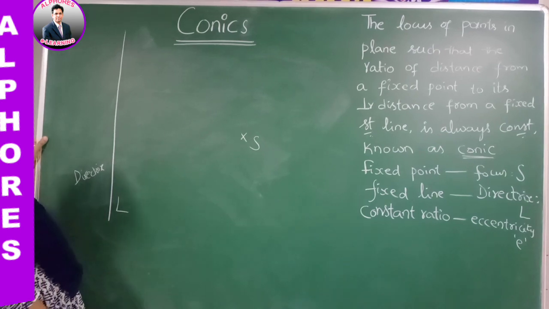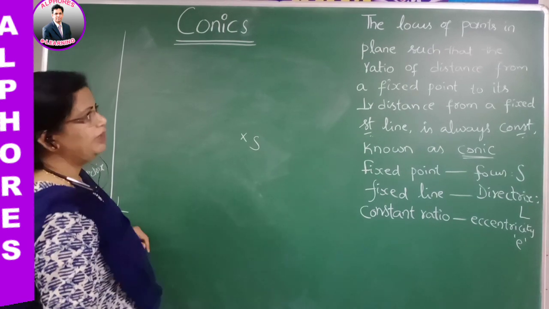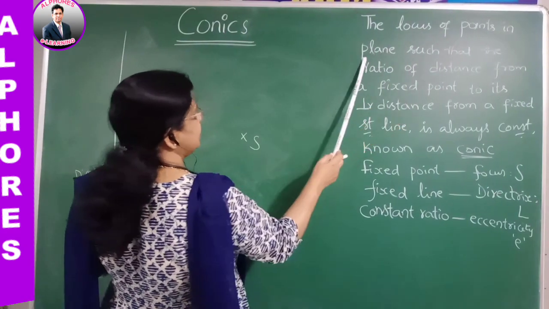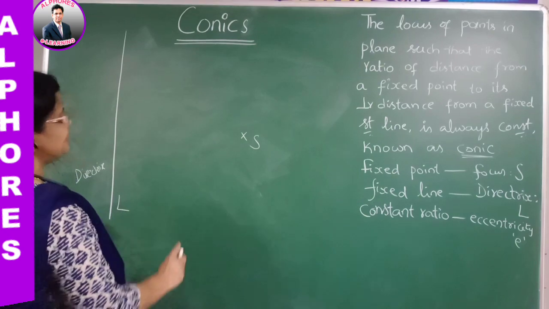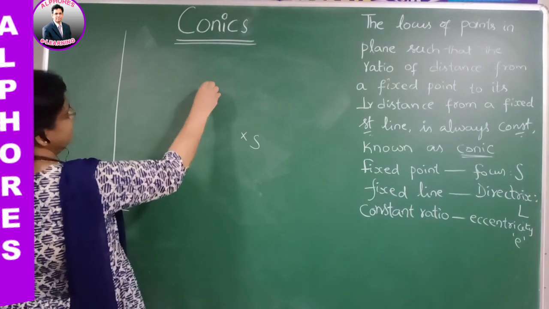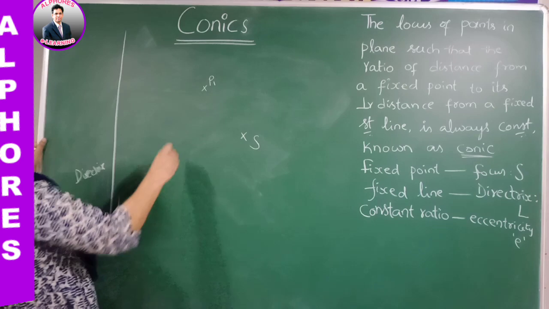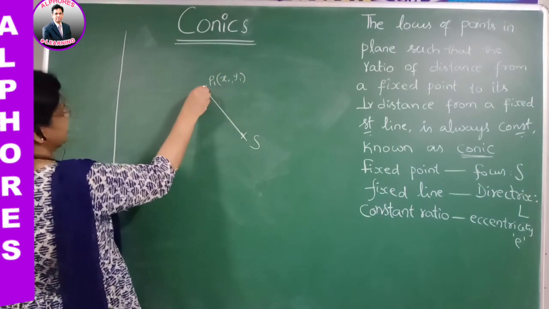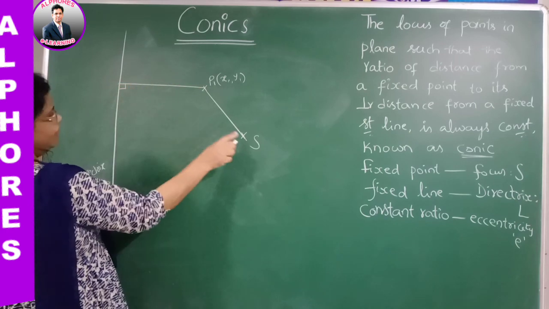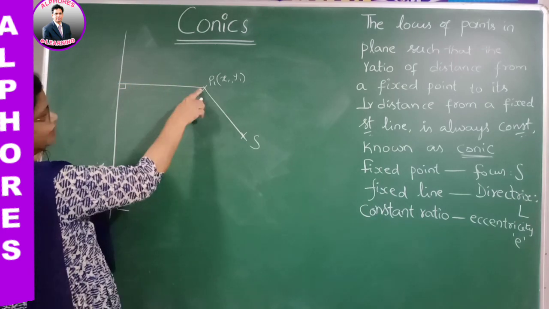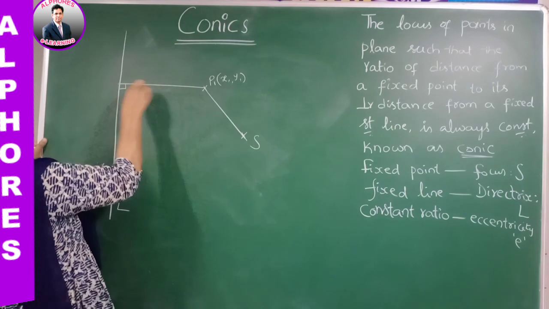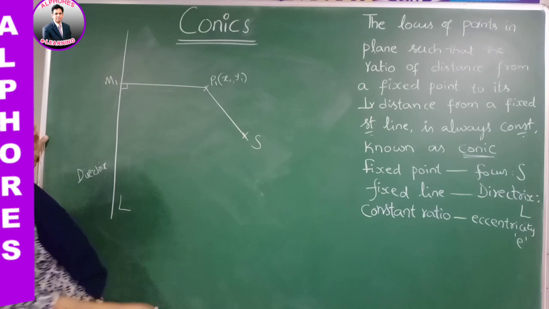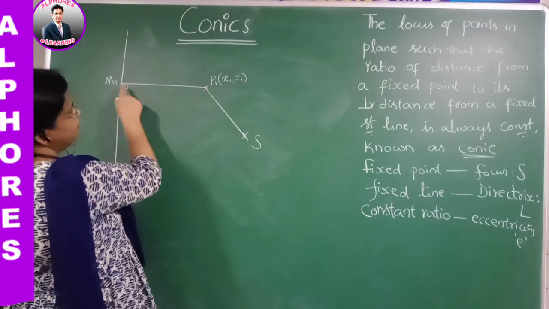Once you know these two values, which must be in our data, now the requirement is the locus of points in the plane. Locus of points in the plane means, let us take one of the points as P1, with coordinates x1, y1. If you join this and this one, you can obtain the distance SP1 using the distance formula, and P1M1 is nothing but the perpendicular distance formula. So SP1 and P1M1.